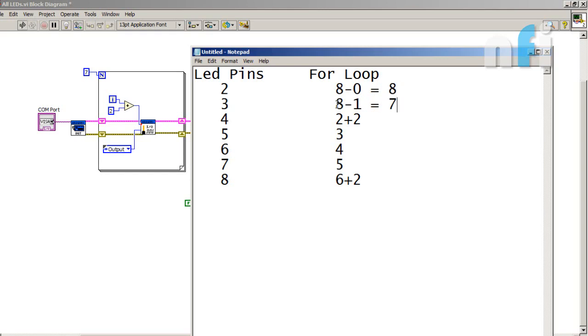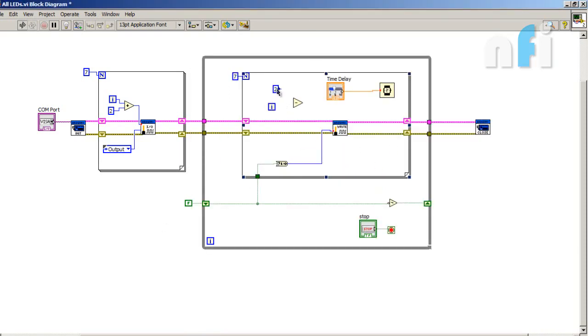That's it. And for the third iteration, you write 8 minus 2, which will give you 6. Okay. And so on. When it reaches 6, then it will become 8 minus 6 equals 2. Alright. So just write 8,